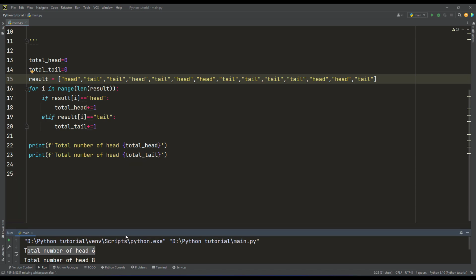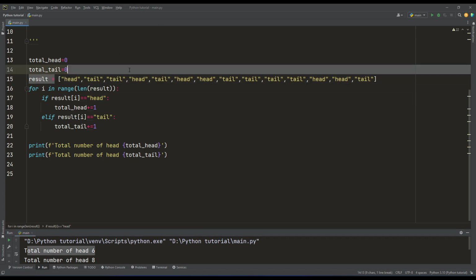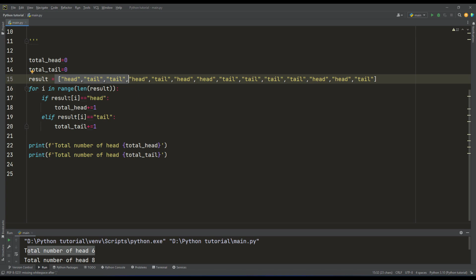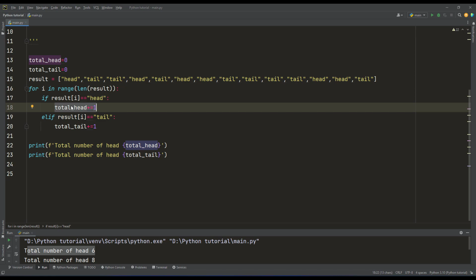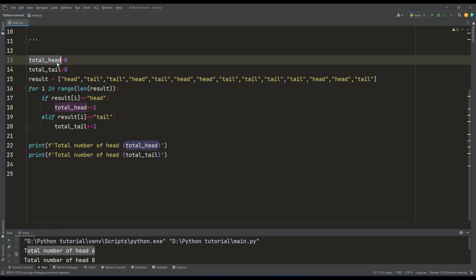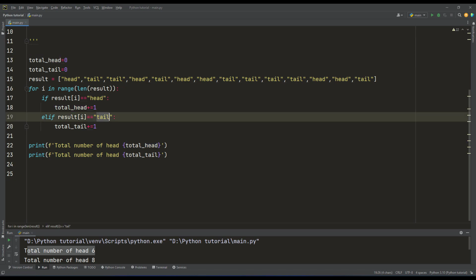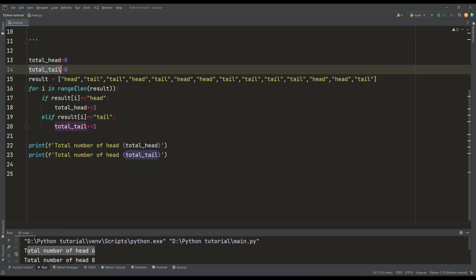From this tutorial we learned that we can loop over a list, and we can match each element of a list if it equals a certain condition, like if it is head, then we do an action. This action is to increase this container or variable by 1, and we use elif to match the second case, which is tail, and increase the corresponding variable of the tail